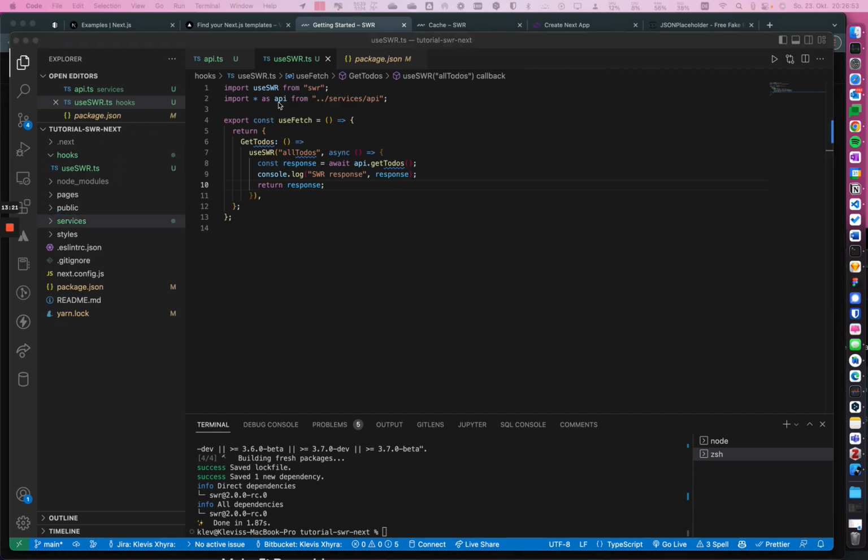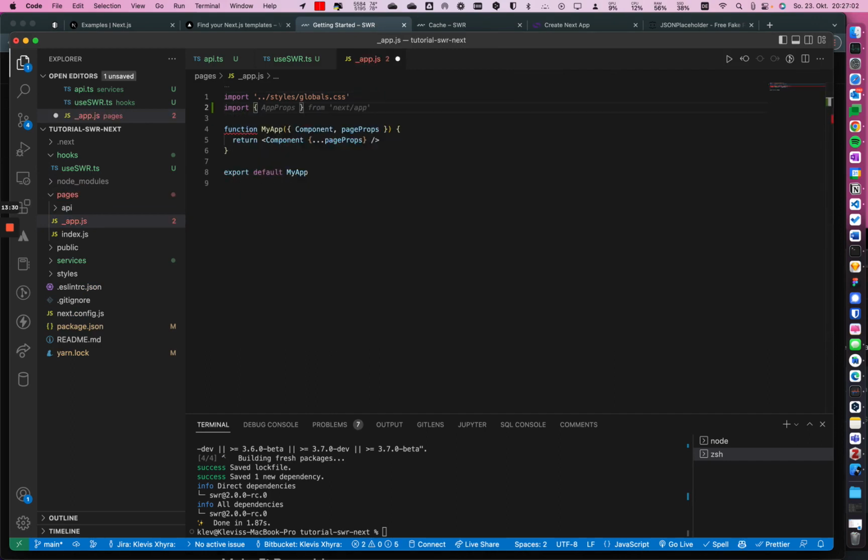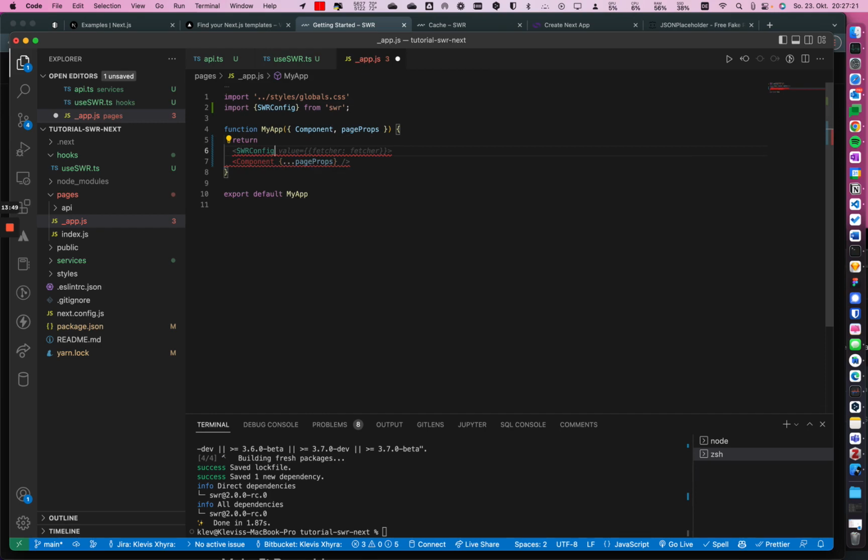So in order to use this hook globally in our application, we need to go to the pages and then go to _app, and here we want to import something really important. Without this nothing would work basically from SWR. So basically we are getting this SWRConfig from SWR, and then we are wrapping up our component with that. So here we are doing SWRConfig, and we need to create some kind of value here,